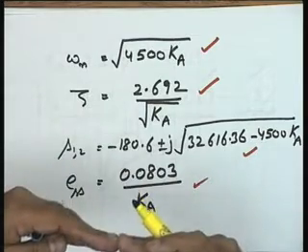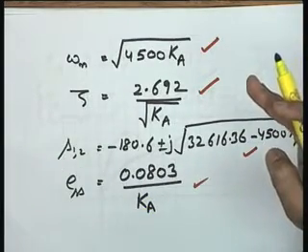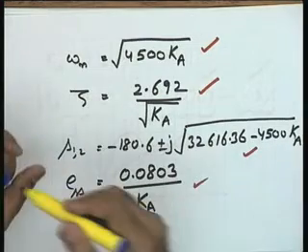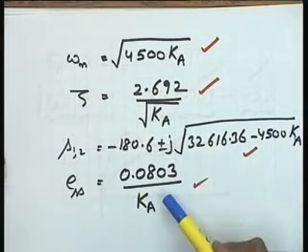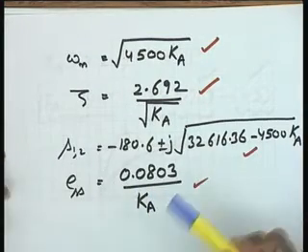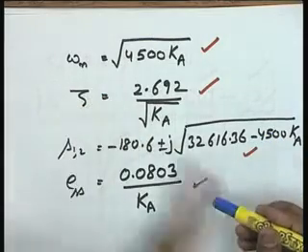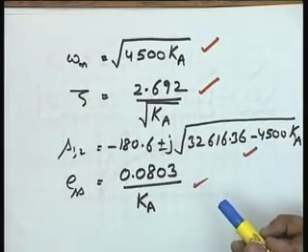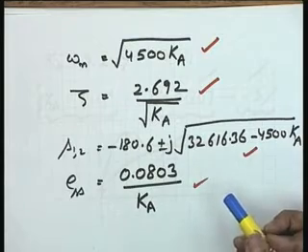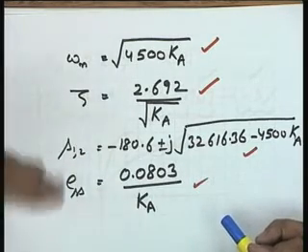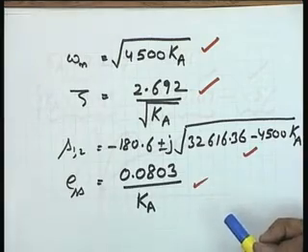But if you want to improve on the steady state error, what will you do? You will have to increase the value of Ka. So it means if the steady state accuracy demand is high, you will have to take the large values of Ka. In that particular case, you will have to allow lower values of zeta, though zeta is equal to 0.7 is moderate. So if you allow lower values of zeta, what will happen? The price being paid is that the peak overshoot will increase.